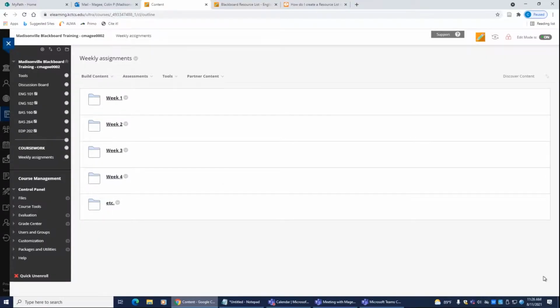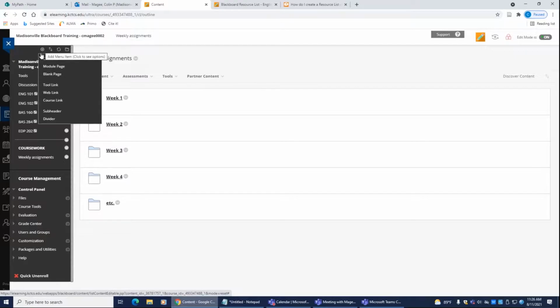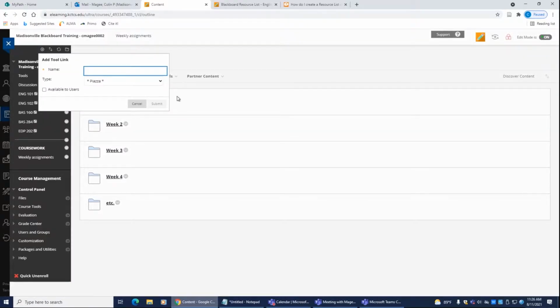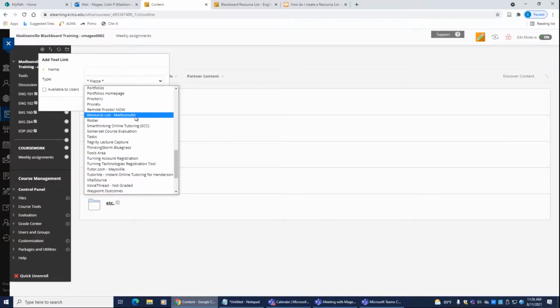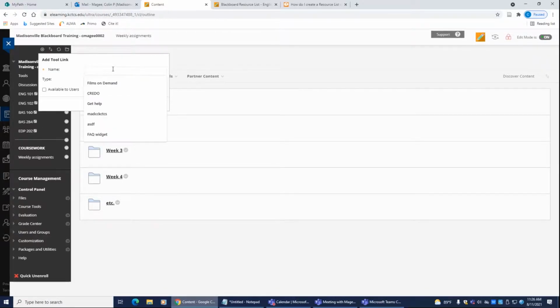First, you'll need to add the Resource List Manager tool in Blackboard. In Blackboard Learn, you can add it to the left menu or within the content area. To add it to the left menu, go up to the plus button, select Tool Link. From the drop-down menu, find Resource List Madisonville, name your tool link,